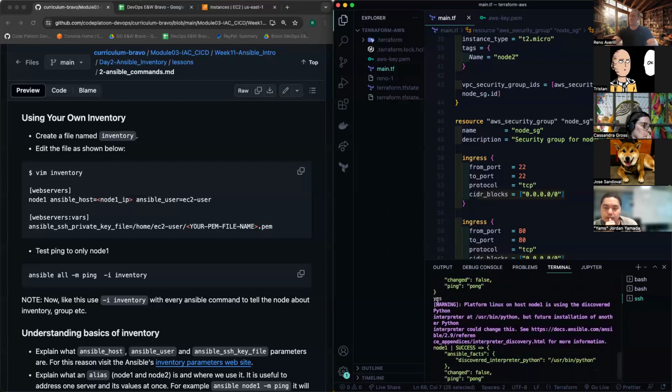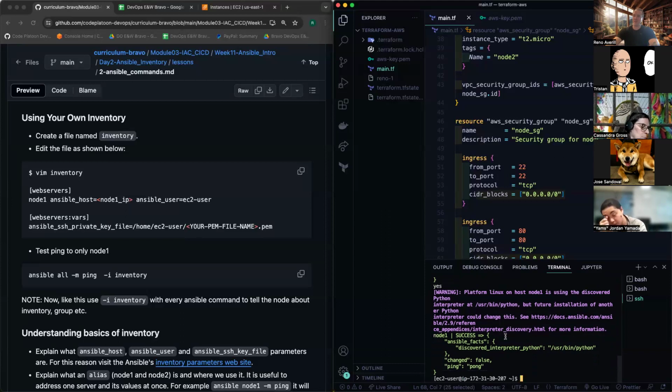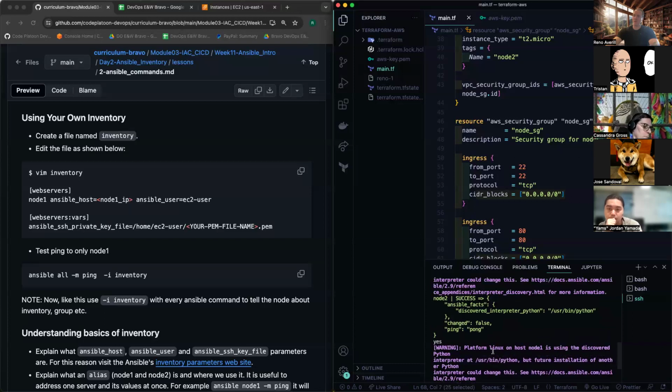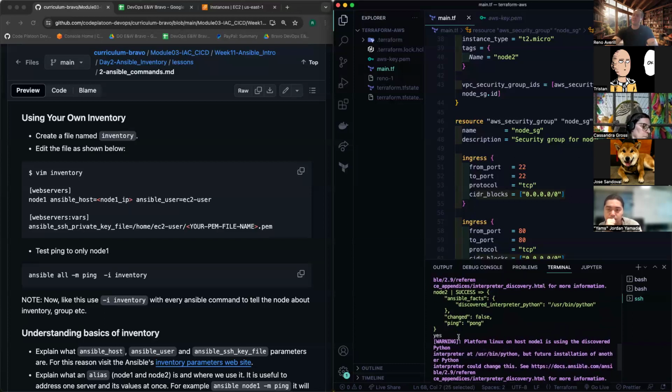Okay, yeah. So that's another thing that's kind of annoying with Ansible, it'll throw up all these warnings. You don't really have to pay attention to them. They're always going to throw warnings and it's kind of annoying. Unless it's an error, then you kind of want to read it. But anyway, so we're in the master node and we're successfully able to ping each of these nodes as a